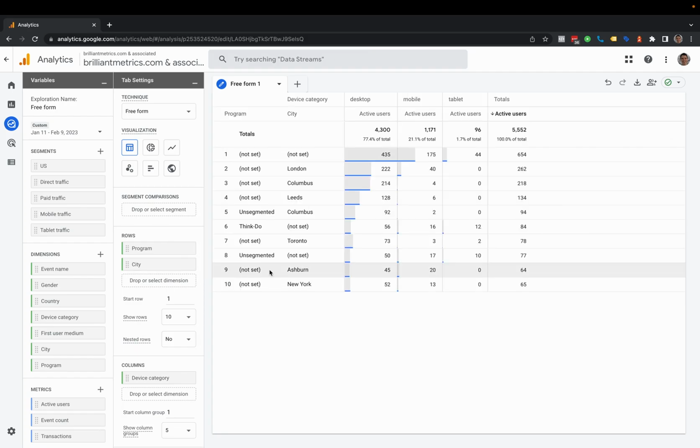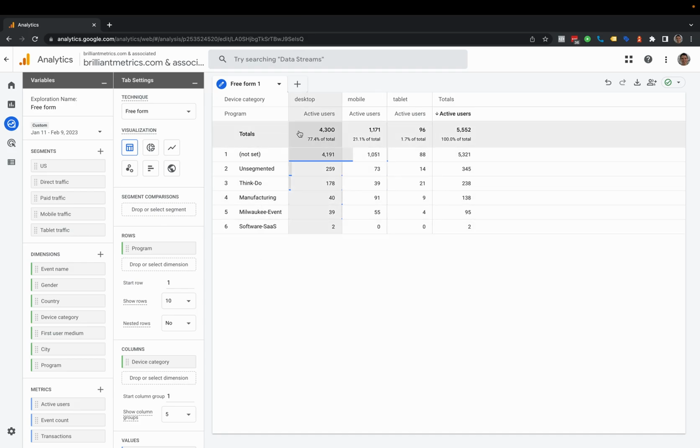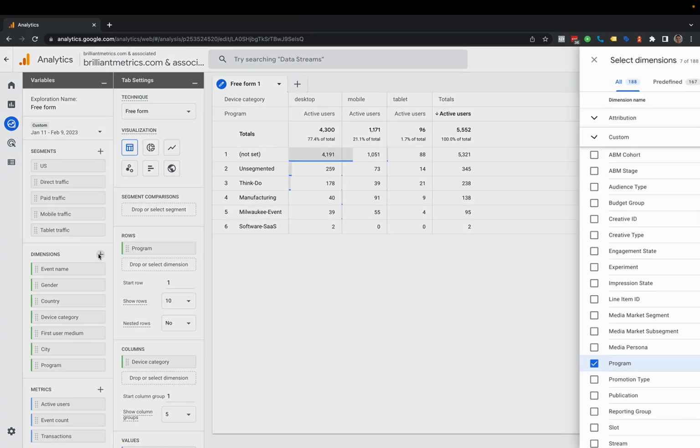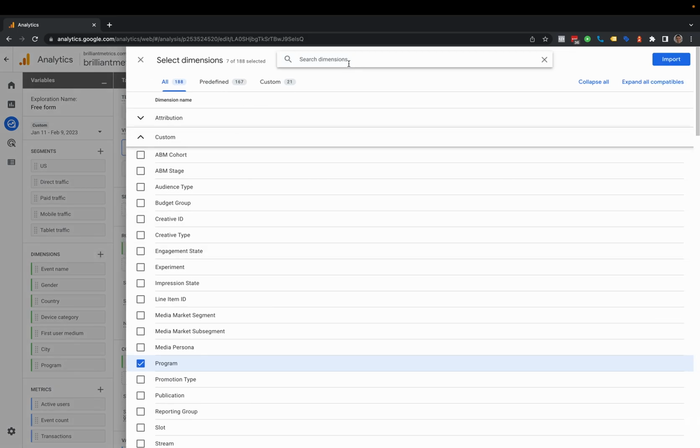to my rows. And now I can see that my unsegmented program drove 92 active users from Columbus, Ohio for some reason. And that looks interesting. I could dig into why that might be. I can get rid of city here and just look at the traffic by program. I could add a dimension here of